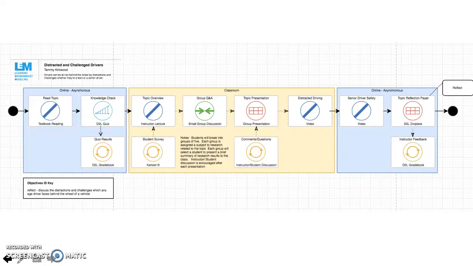Good morning, I'm Tammy Kirkwood, and I'm going to do a brief presentation of my refined limb diagram on distracted and challenged drivers. So this diagram is just a reflection of 1 week of a semester-long class, and I'm going